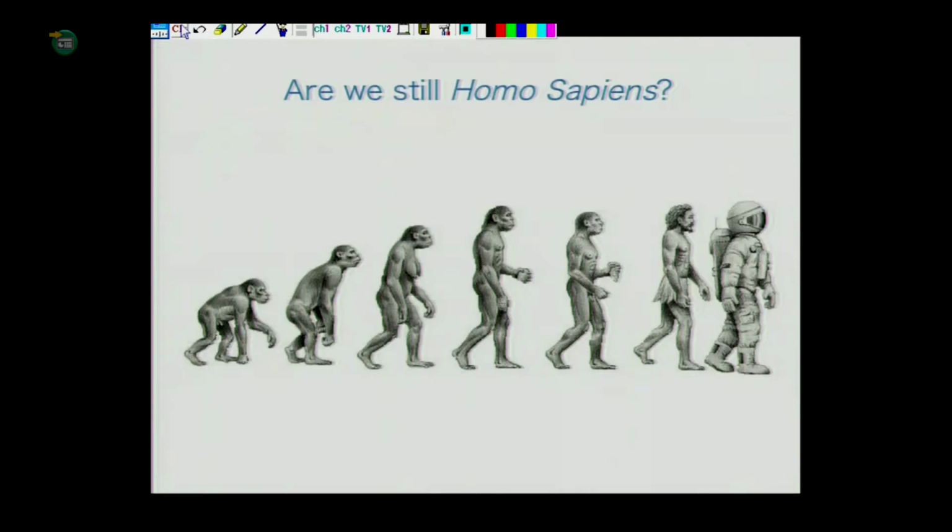But after that, we discussed the definition of evolution, and according to today's definition of evolution, we are still Homo sapiens, but if we think about a new definition of evolution, such as change caused by education or other environmental factors, maybe we are not Homo sapiens now,